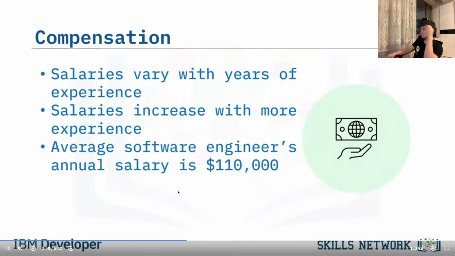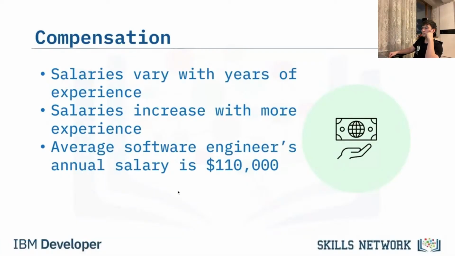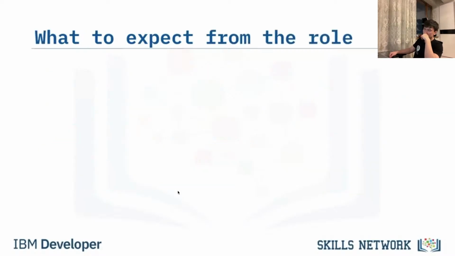In the USA, salaries range from $90,000 for a junior role through to $120,000 or higher for an experienced position. The average of $110,000 per annum for a software engineer is more than 2.5 times the average base salary across the USA. This, alongside bonuses and benefits such as medical insurance, gym membership, profit shares, and retirement plans, make a software engineering role an attractive proposition. So, what should you expect from a software engineering role?